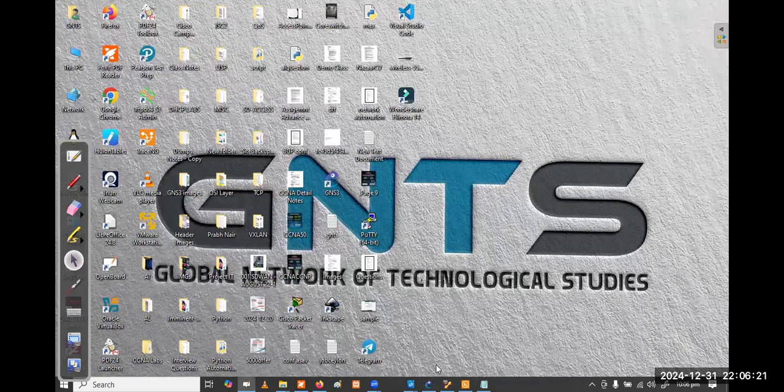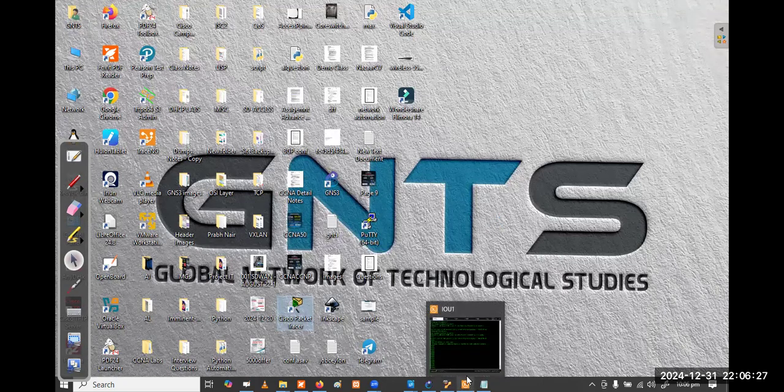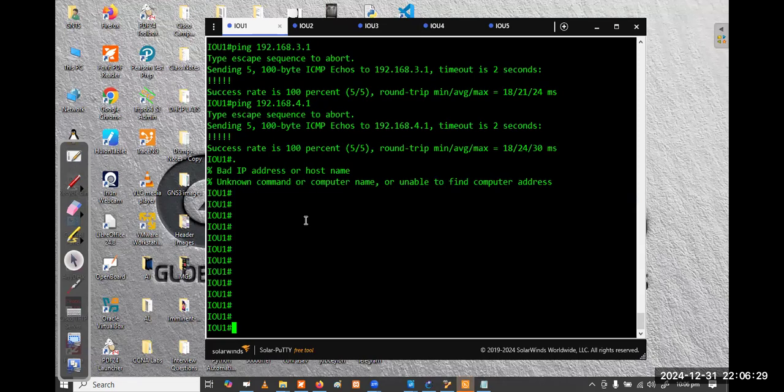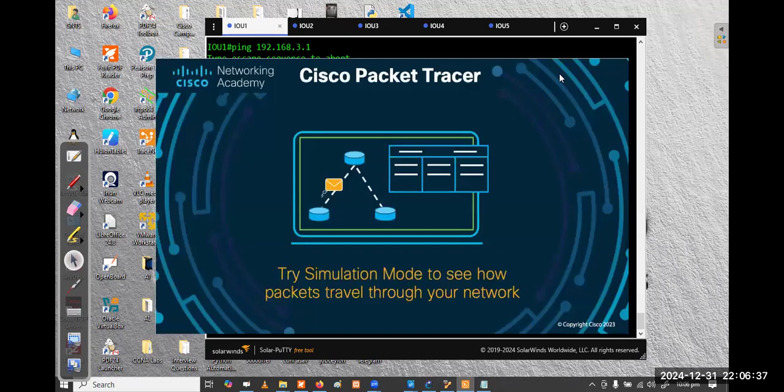So that mode is called user mode, right? Let me go to Packet Tracer, so then I can show you. This router is not showing this, so let me use one. This is privilege mode, right? This is called privilege. Let me show you.